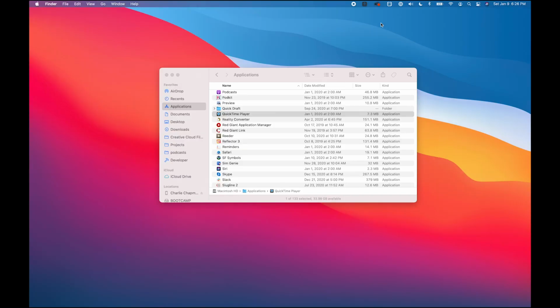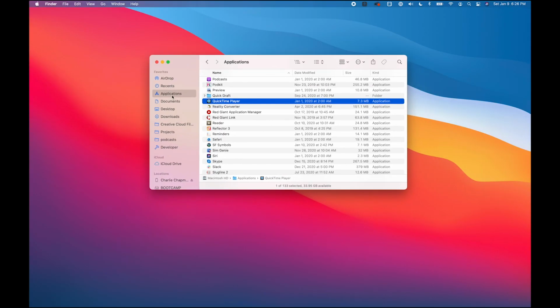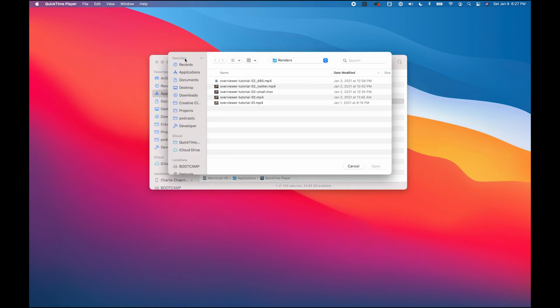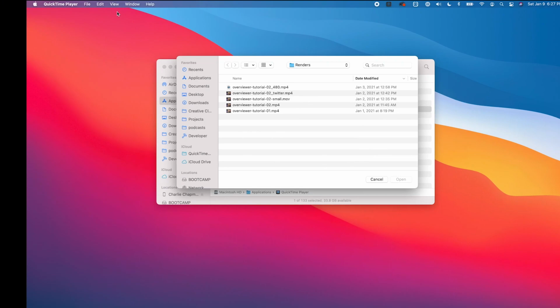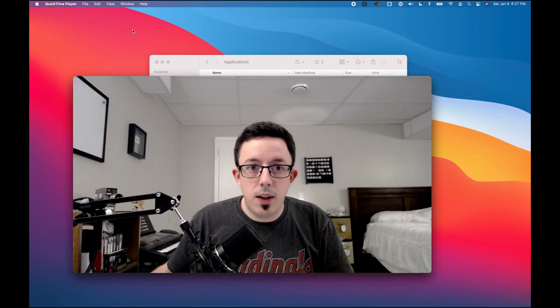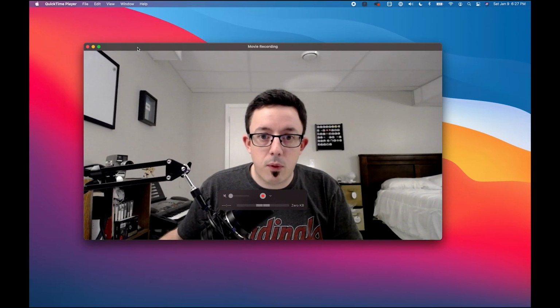Okay, so here on my Mac, we're going to go into the Applications folder, and there is an app called QuickTime Player, and that is built in, so you should already have that. So we're going to double click on that, and that will open up this window that you can just totally ignore, because we're going to go to the menu and click File, New Movie Recording, not New Screen Recording, New Movie Recording. So click that, and what you will see is your webcam, assuming you have a webcam on your